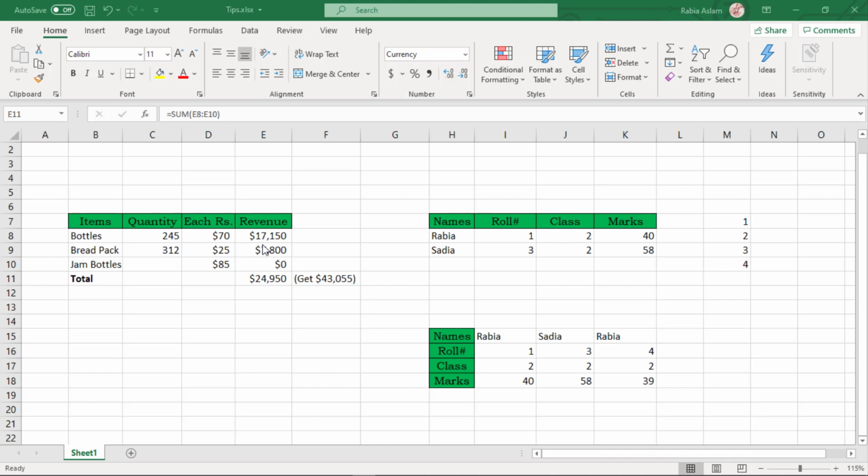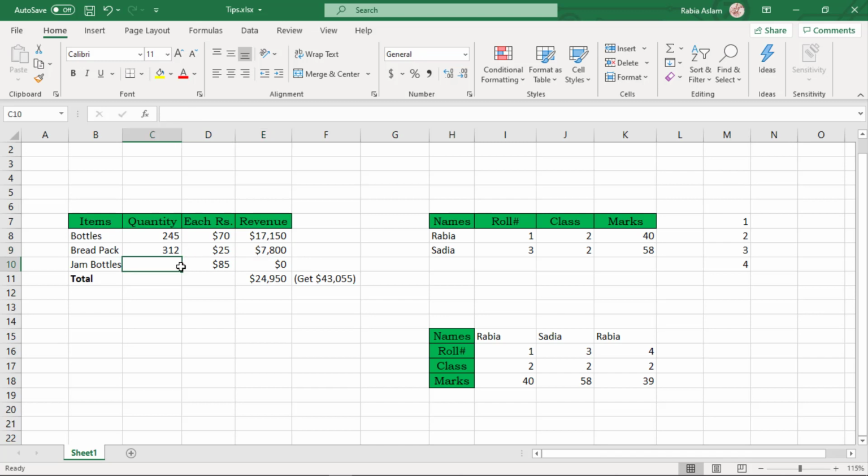Now, if the price of each bottle is $70 and I have sold 245 such bottles, then the total revenue of all the bottles sold will be $17,150. Similarly for the bread bag, but for the jam bottles we have no total revenue.